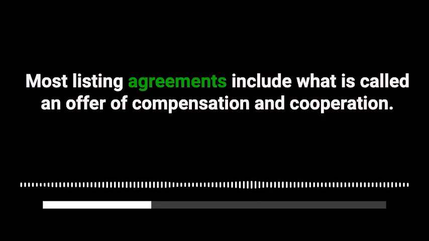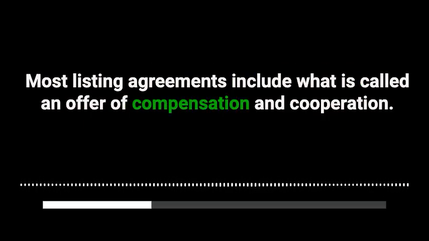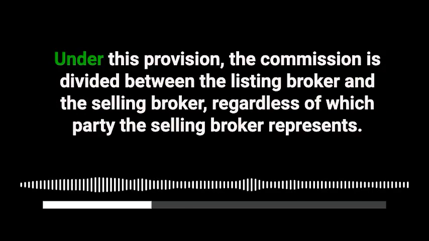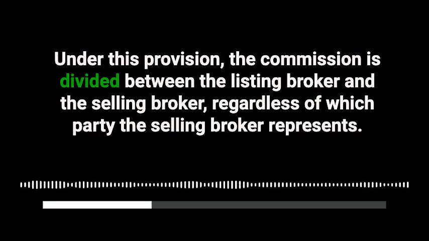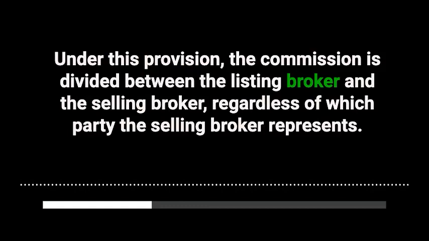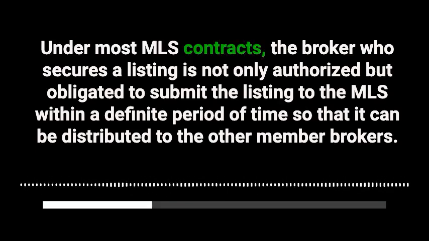Most listing agreements include what is called an offer of compensation and cooperation. Under this provision, the commission is divided between the listing broker and the selling broker, regardless of which party the selling broker represents. Under most MLS contracts, the broker who secures a listing is not only authorized, but obligated to